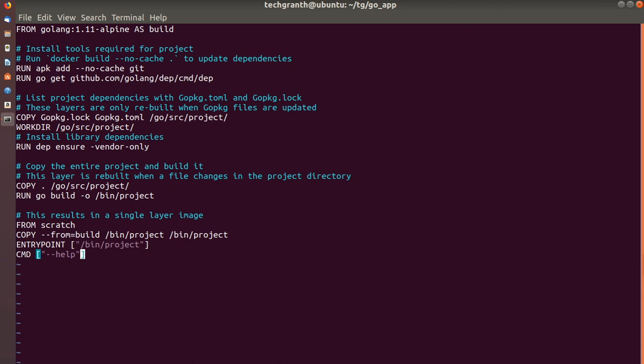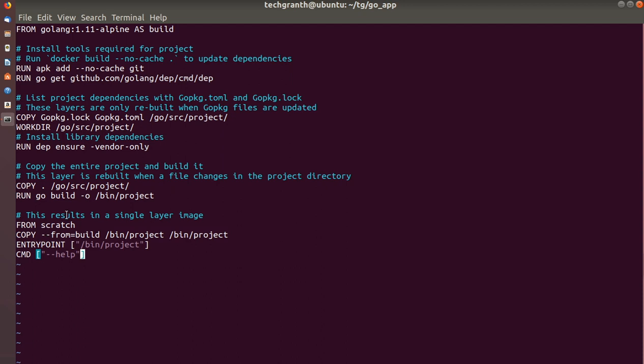Okay, so by default, these stages are not named like this, right? We can refer to them by their integer number, based on the position of the stage we are using.